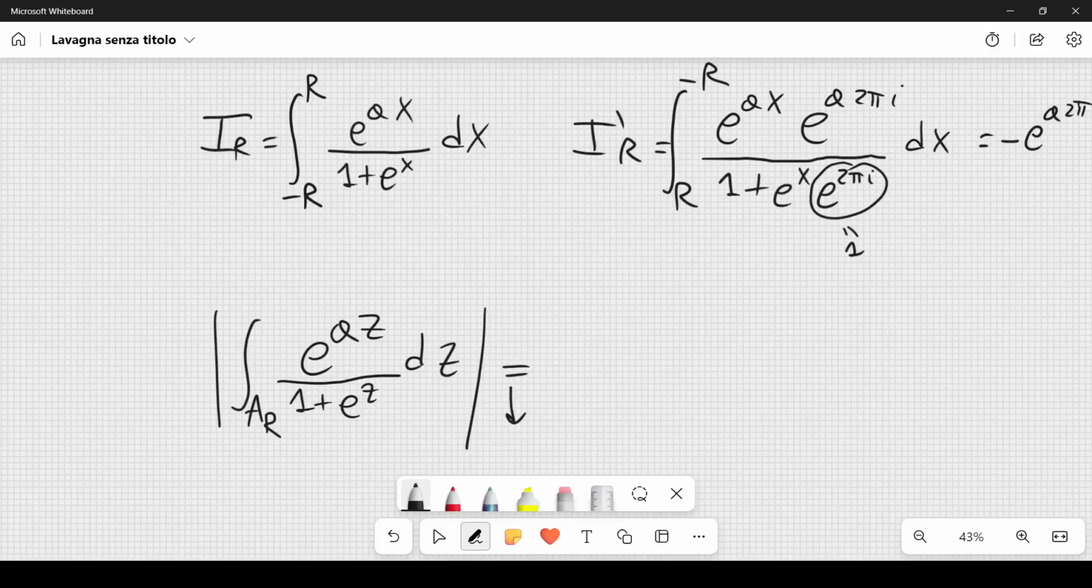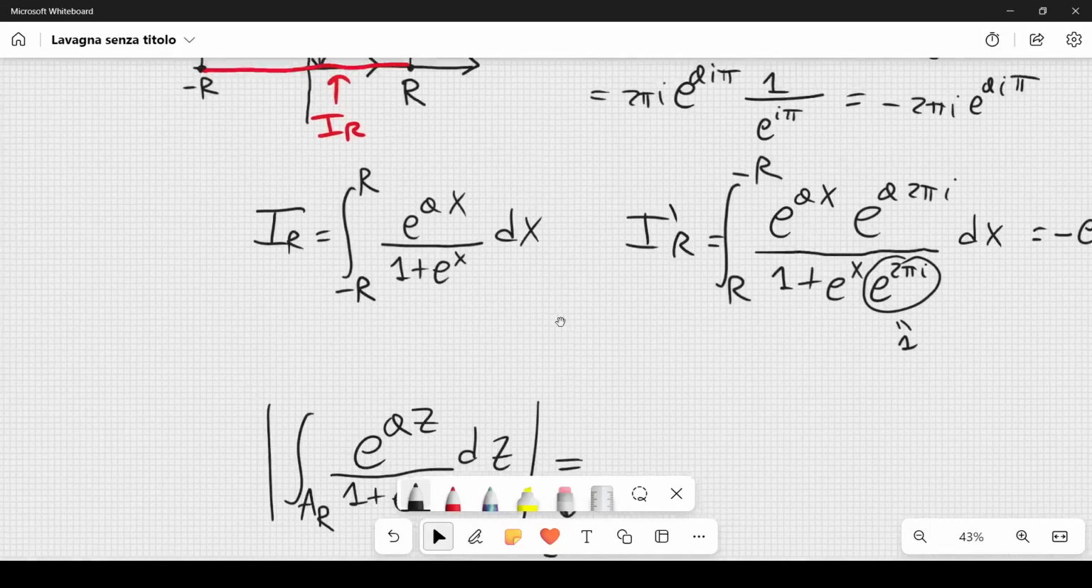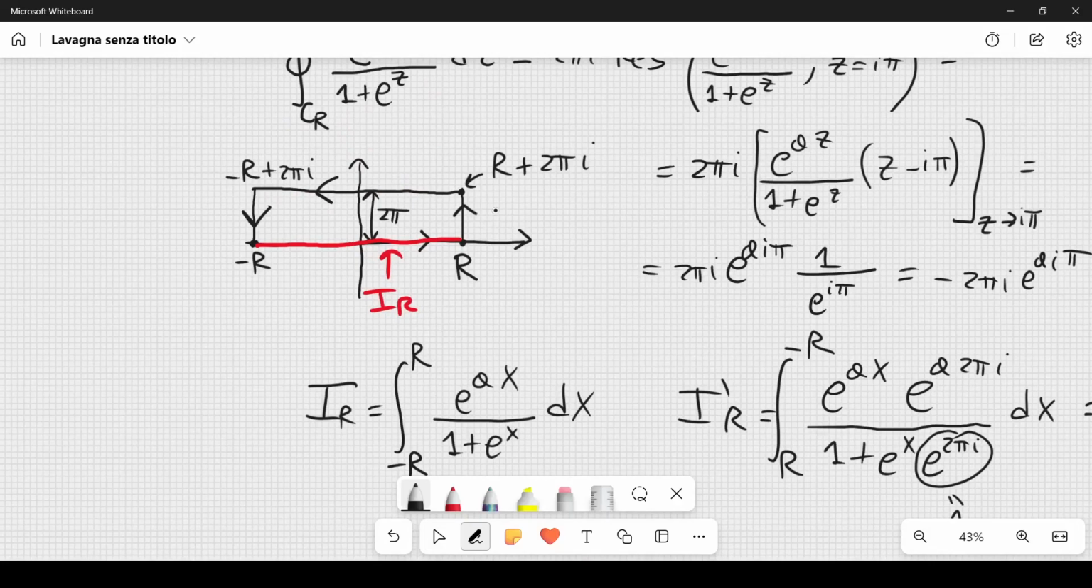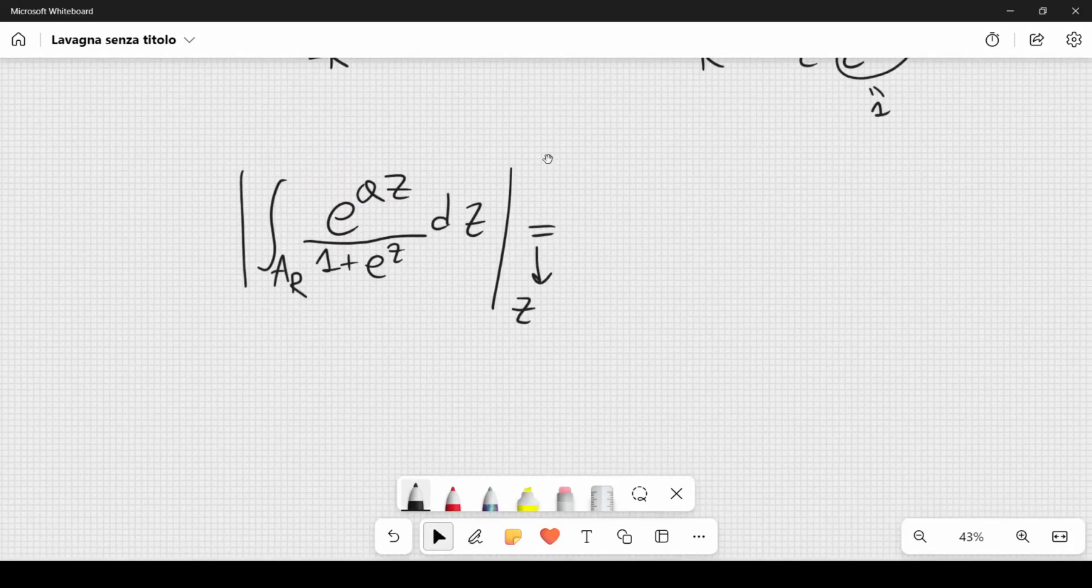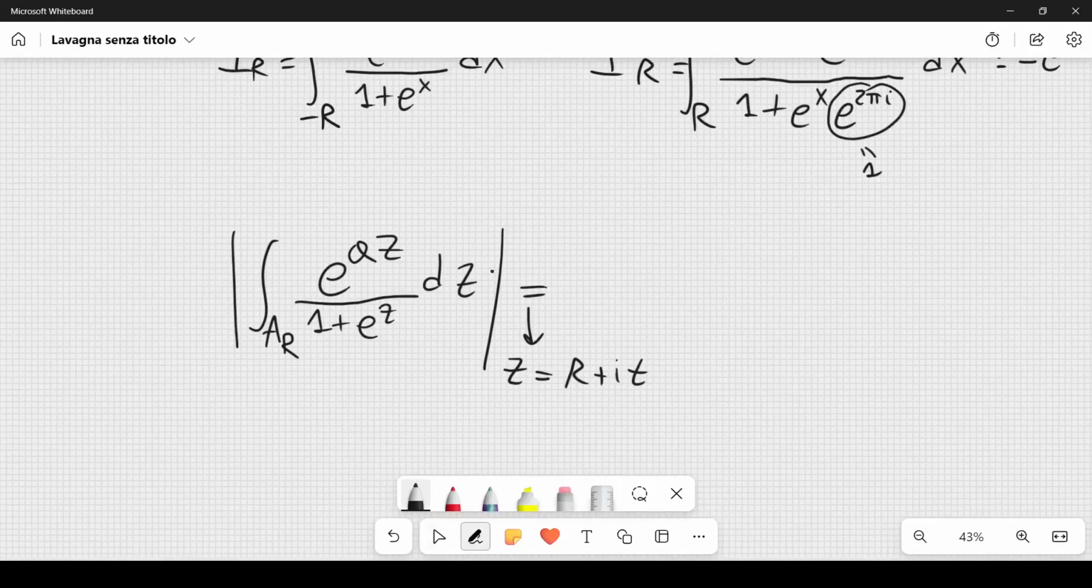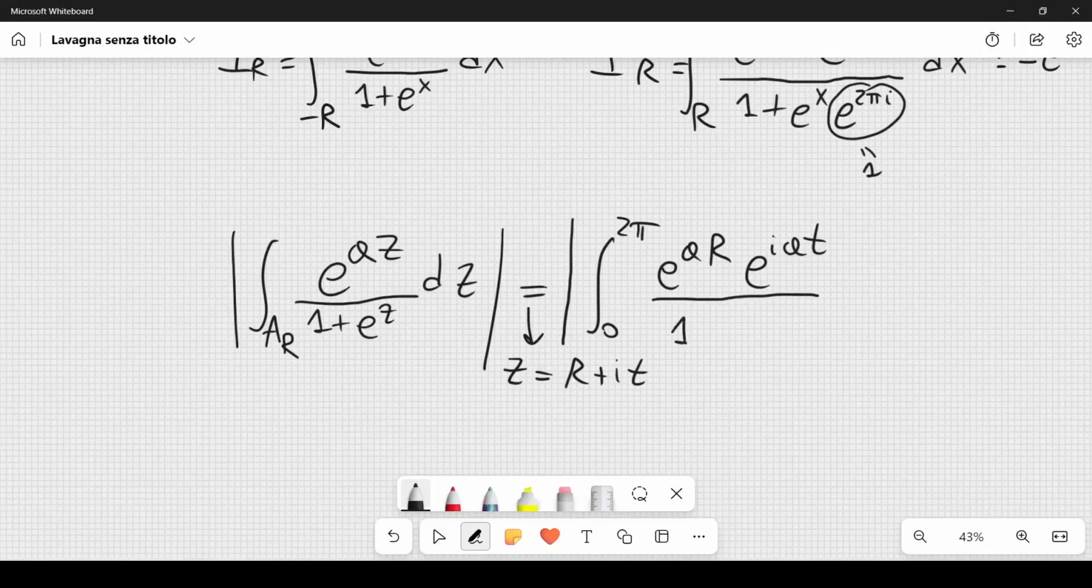Remember that if we want to parameterize this vertical side, we can set z equal to R plus it, where t spans all the points on the vertical side. We have to integrate from 0 to 2π. It's quite easy to see that. So we have to take the magnitude of this. We have e to the aR, then e to the iat, and then we divide by 1 plus e to the R, e to the it, i dt. And then this is less than or equal to